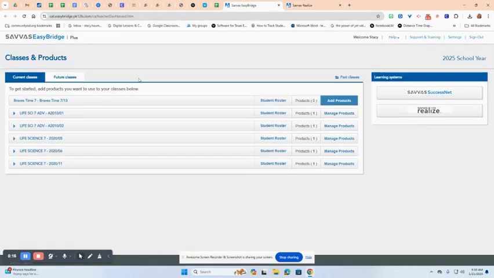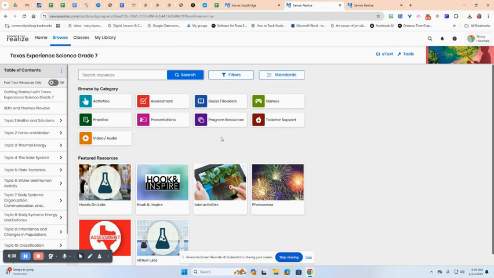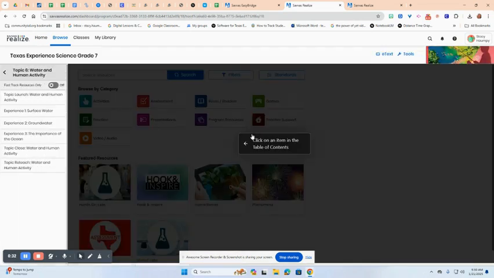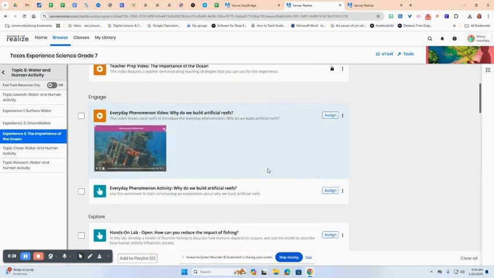But that's with Savvas, and you can go through Realize, and your virtual labs would be within the topics wherever they fit. Not every one of them has a virtual lab. So I'm going to go in here and browse this one. And water, this is the topic that we are in right now, and this is the next part of it. And our next part